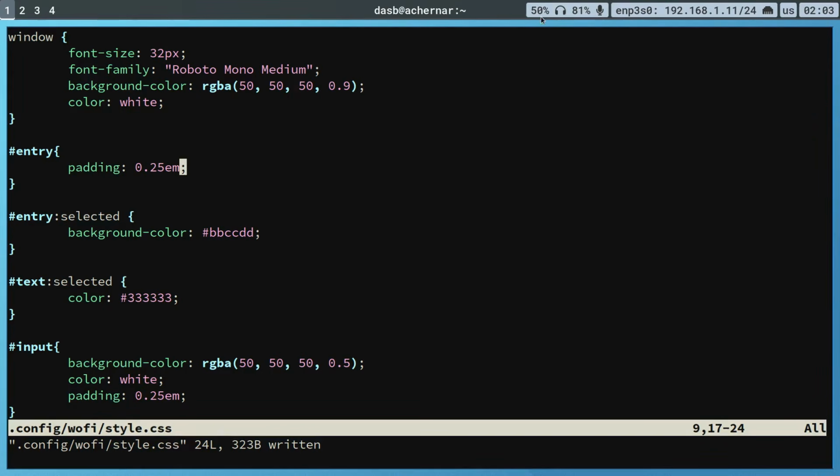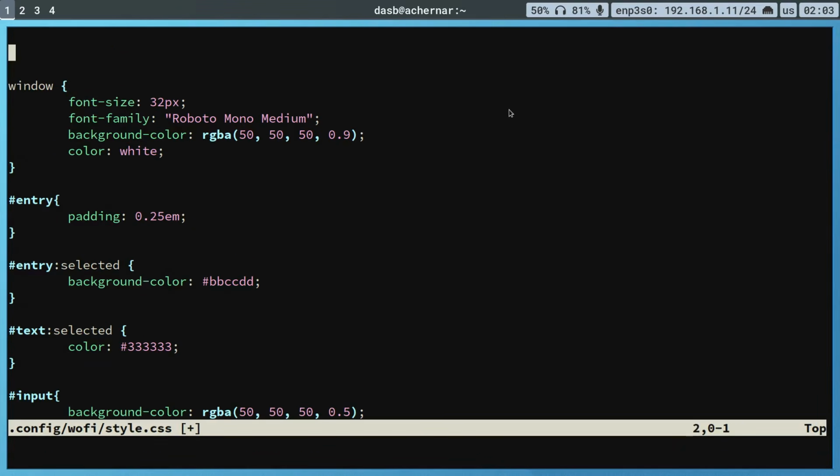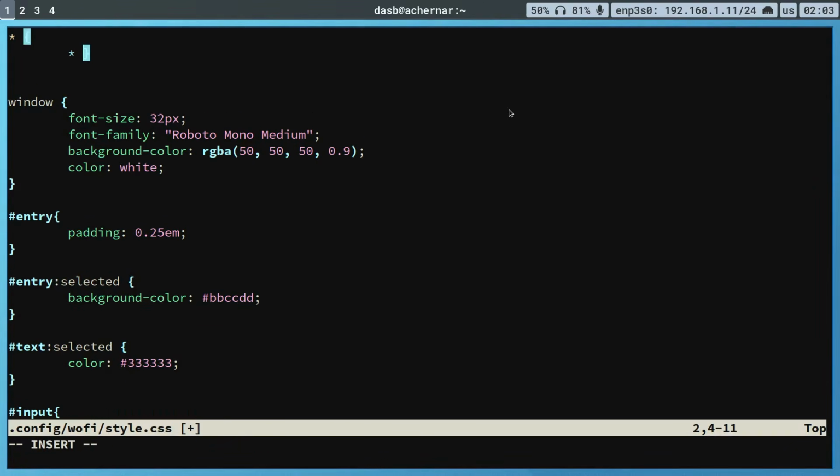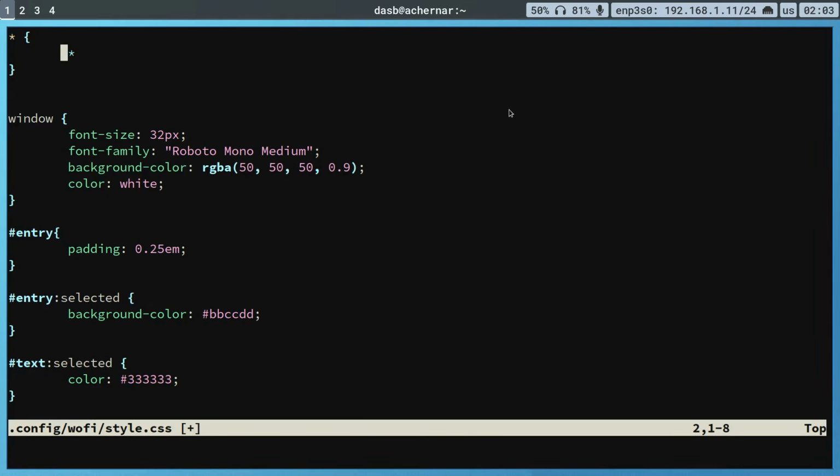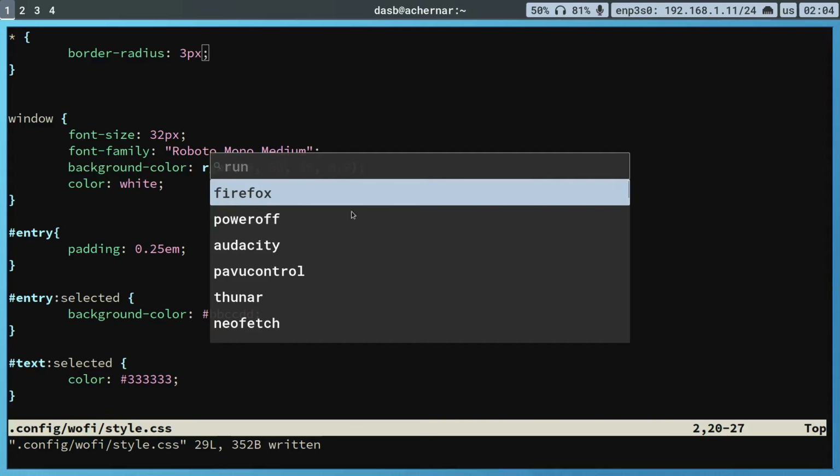And now, if you pay attention to my waybar, this has rounded corners. So what I'm going to do now is add a new selector, which is an asterisk. And this selector, the asterisk, means that it's going to apply to all elements. So here inside I'm going to put border dash radius colon 3px. Save that. And now we launch Wofi. And as you can see, the entries have rounded corners here,